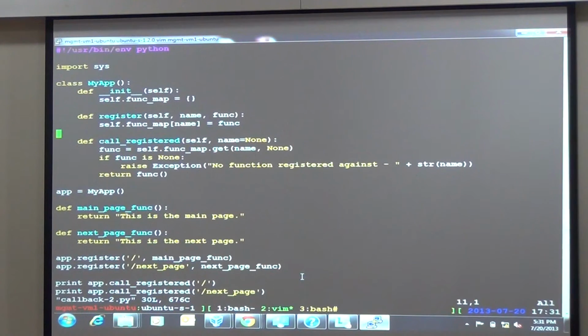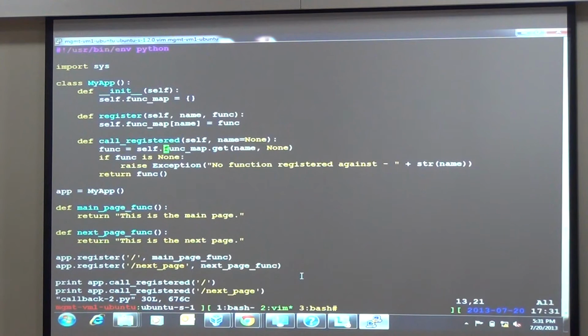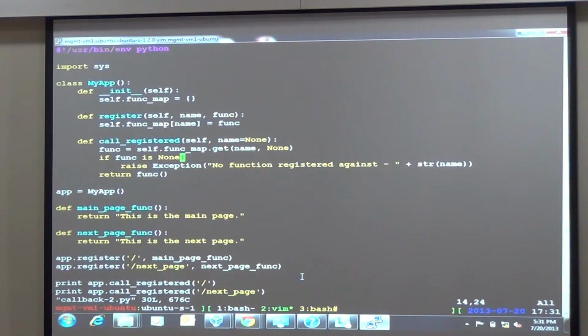Simple stuff. When you call app.registered slash, it gets the function by looking up the hash, and then it calls the function. We could have done it in a simple way also, as we saw previously, but this is just laying the background for what is going to come next.